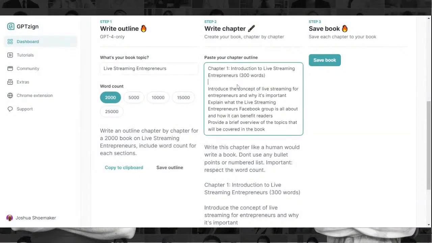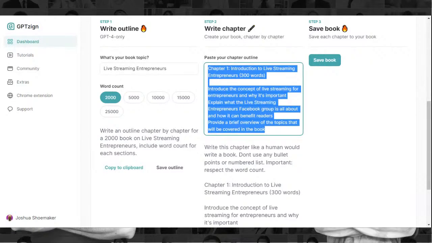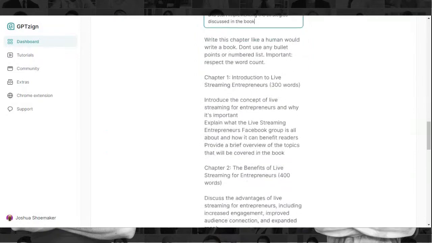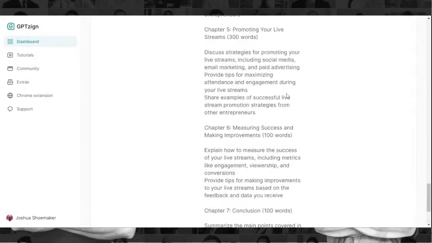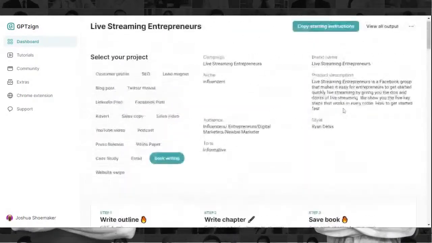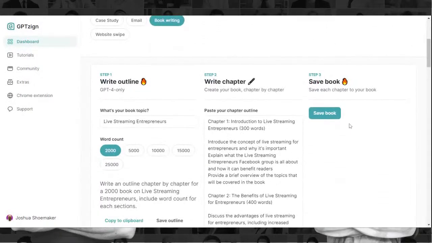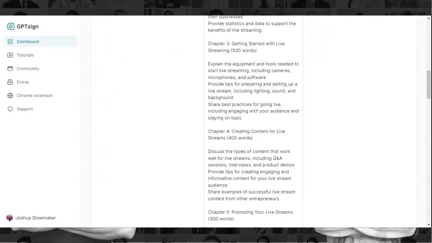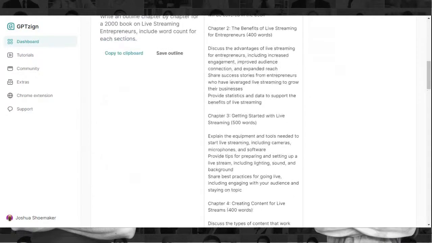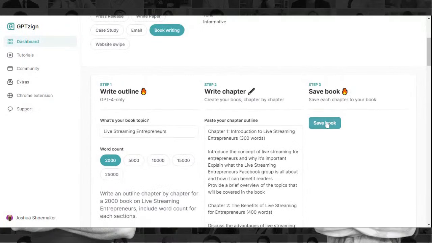Okay, now we got it there. So once we do that, now the other thing is you see where it says 300 words, blah, blah, blah. What this is going by is in the beginning, you selected a 2,000 word count. Okay, so there's 700, 500, 900 more. And it adds it together. At least that's what I come up with.